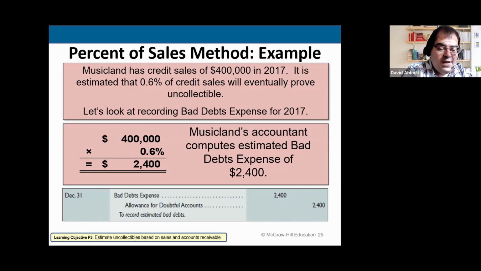When computing bad debt expense as a percentage of sales, managers monitor and adjust the percent so it is not too high or too low. And so we see here, in order to determine this, we do the math, we determine the amount, and then we would journalize this as a debit to bad debt expense, and then we would credit the allowance for doubtful accounts. And so that is how we would set this up and how we would record the establishment of the